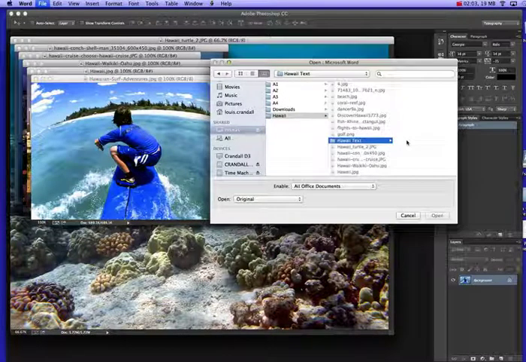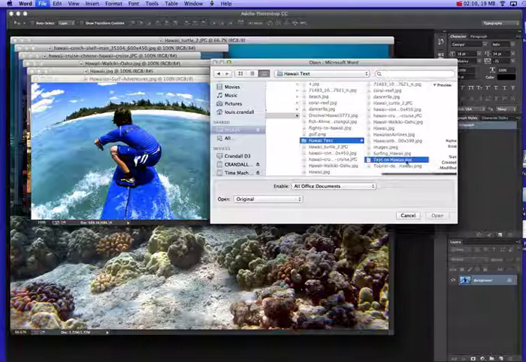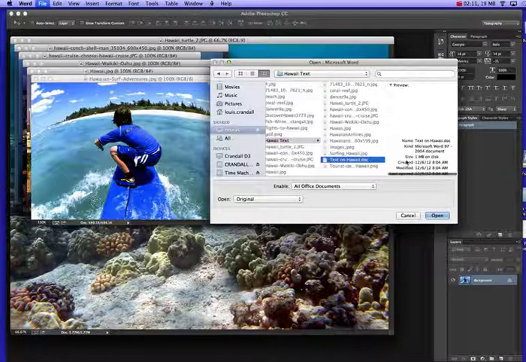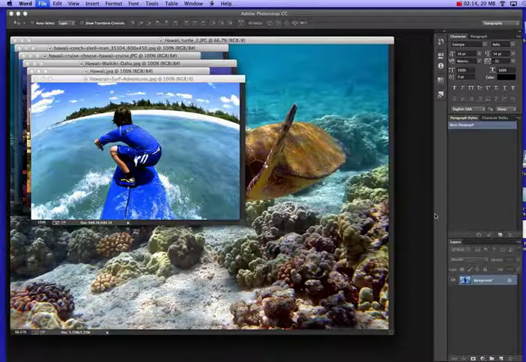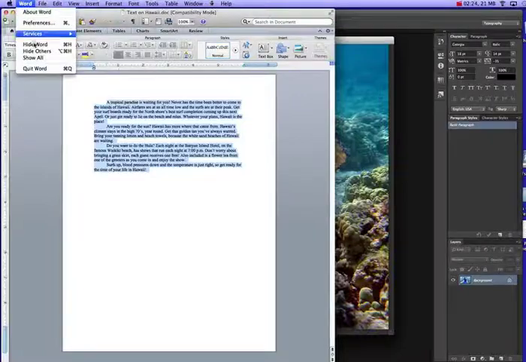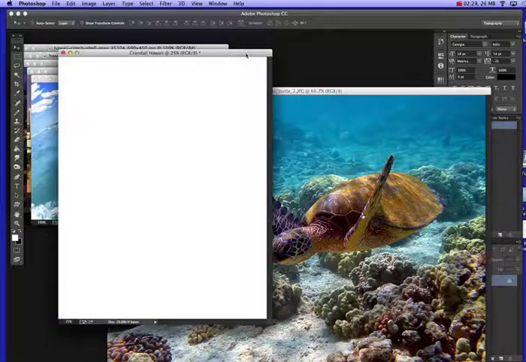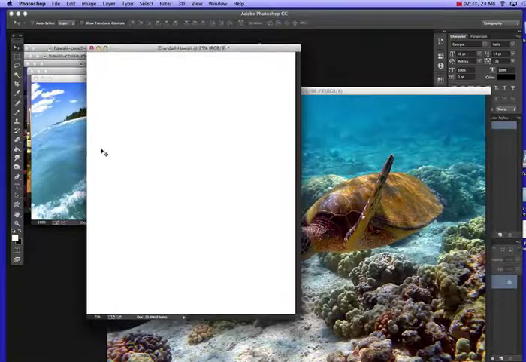And this is some copy that I've written about Hawaii. So open that up in Microsoft Word, and let's save that copy to our virtual pasteboard. So just select it and hit Command-C to copy it. Okay, we're done with Word, so we can just hide Word. Okay. Now let's go back to our Hawaii ad here, and we're going to put a photo in the background,